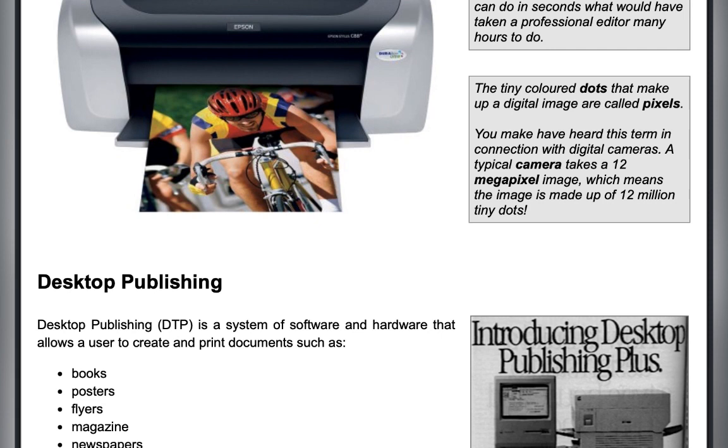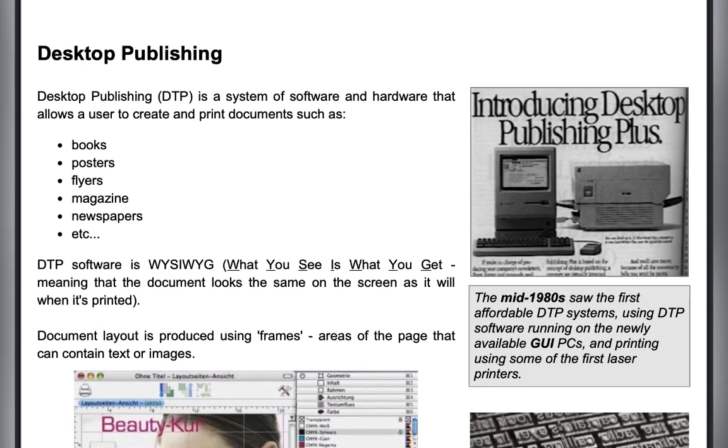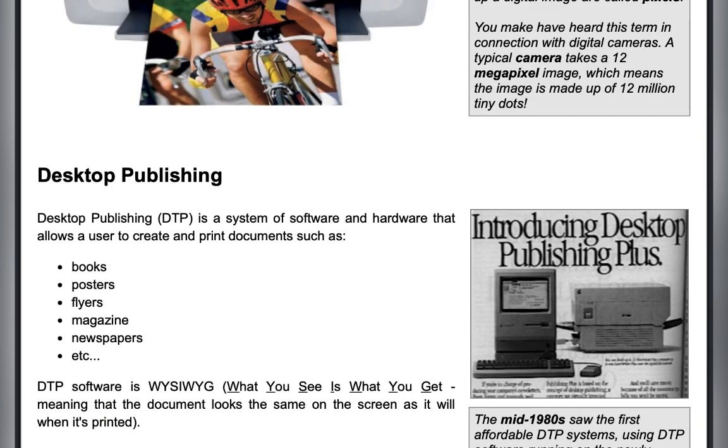Okay, then another thing is desktop publishing. Desktop publishing is also a way of how things have evolved over time. For example, desktop publishing is a system of software and hardware that allows a user to create and print documents such as books. When you write a textbook, it could be a novel, it could be an academic textbook, it could be any book. So when you write a book, it can be published by printing,